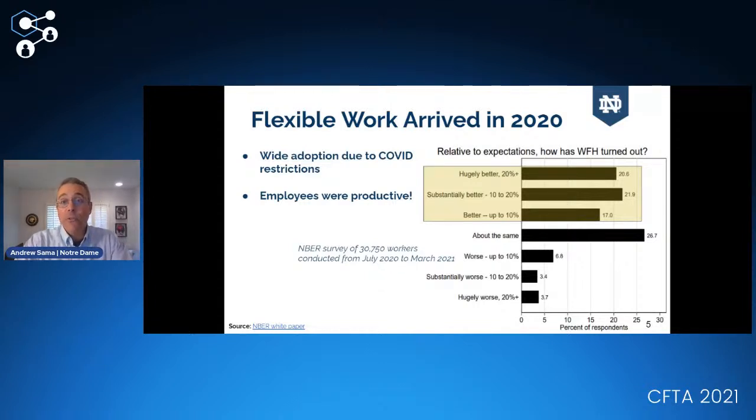In a survey of more than 30,000 Americans published by the National Bureau of Economic Research, 59% of respondents indicated that they were more productive than they expected while working from home. Now, obviously, there's potential for a little bit of bias in there. If your expectations were low, maybe it wasn't hard to exceed them. But the same study actually suggests that we could see up to a 5% productivity boost in the post-pandemic economy due to what they call re-optimized working arrangements, which, as you read through the study, I think just translates to